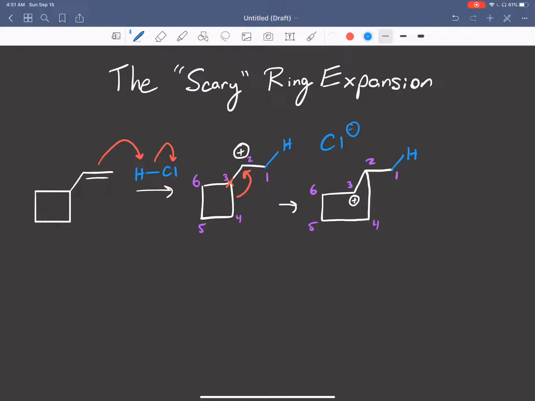And so if we look, let's count the numbers of our ring. 2 right here, 3, 6, 5, 4. That's a total of five numbers, right? 2, 3, 6, 5, 4. 5 numbers. That means we have 5 members in our ring. Here, I'll even outline it for you guys. 1 bond, 2, 3, 4, 5. So now draw a 5-membered ring,